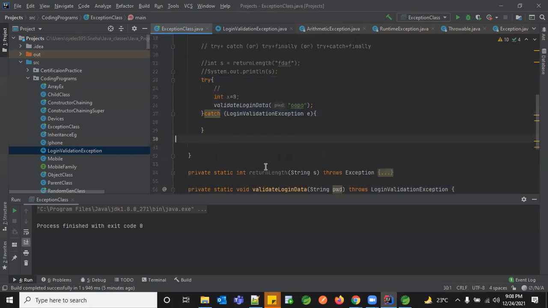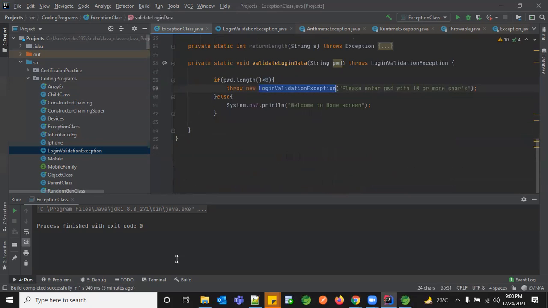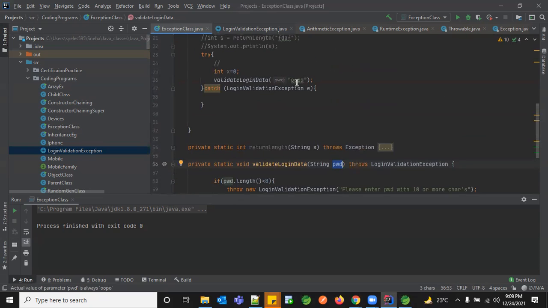Okay. So now in this place, let me have one more exception. What if my password is empty? Now let's give the password as empty, like null. Now let me run.